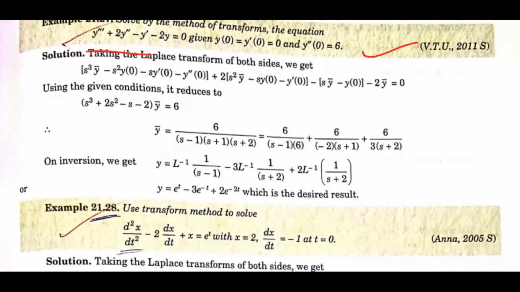So first we have to expand y triple dash.